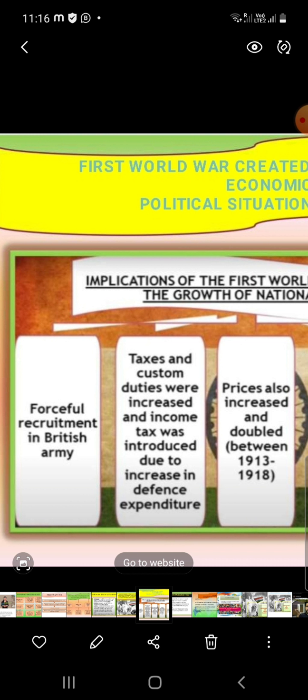To fulfill the expenditure on the army, the British introduced new taxes on Indians. This made all the Indian people angry, and the tax was raised almost double